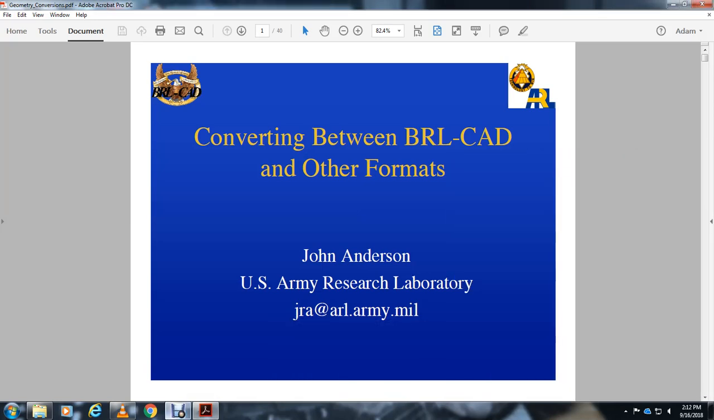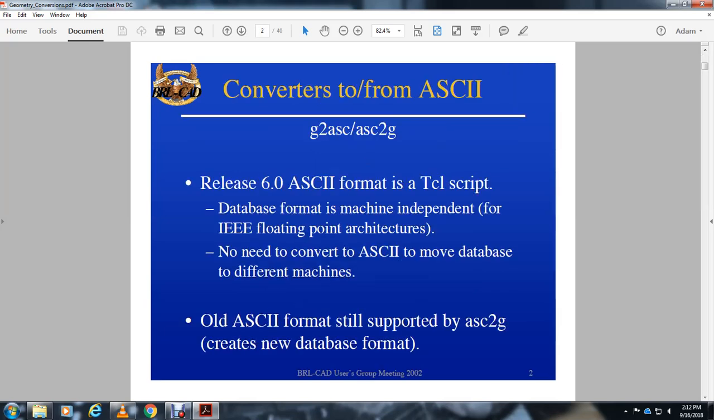Alright, cool. Converting between BRL-CAD and other formats. John Anderson, U.S. Army Research Laboratory, ARL. Convert to ASC2G and G2ASC. The ASC2G release 6.0 ASCII format uses a TCL script for the database